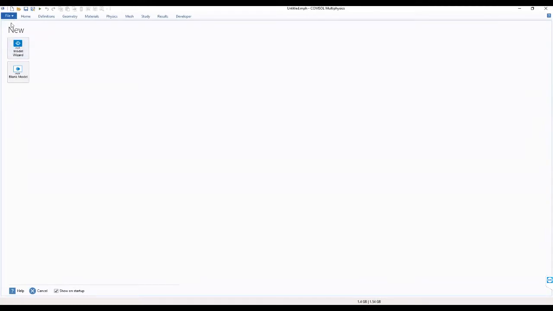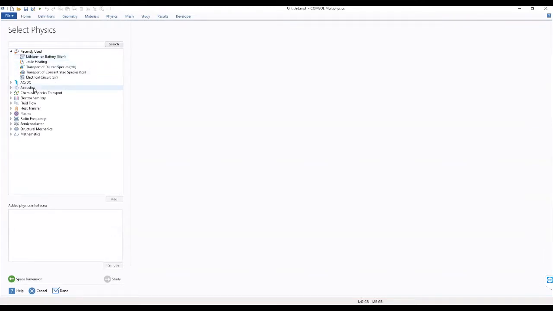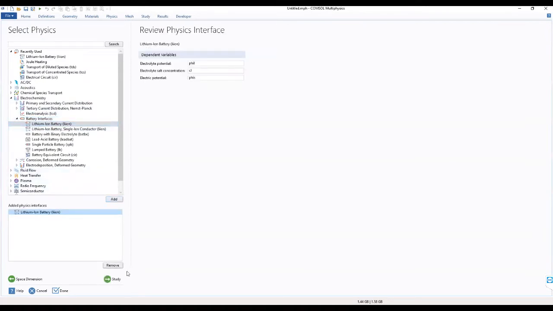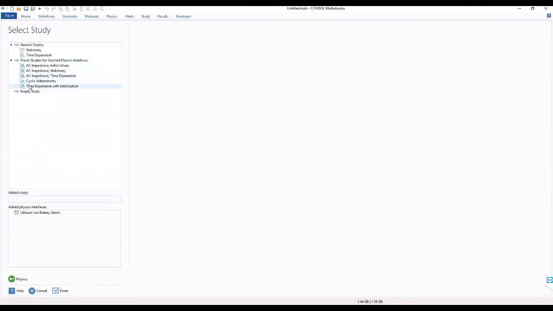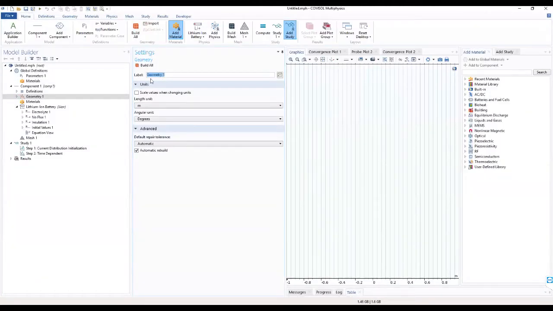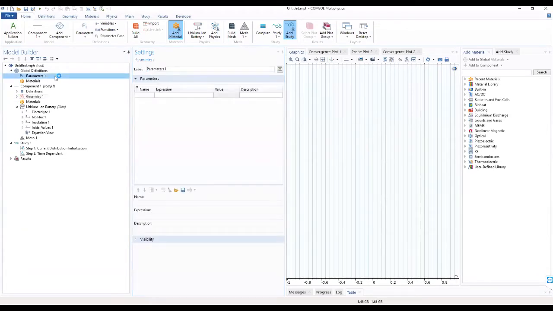So we start by going to a model wizard where we select our space dimension. We'll be dealing with the 1D, then move on to select our physics. Under electrochemistry, select the battery interfaces, have lithium-ion battery. Move on to add, move to the study, and we'll be using a time dependent with initialization. Done, then we move. So this brings us to our work interface where we quickly